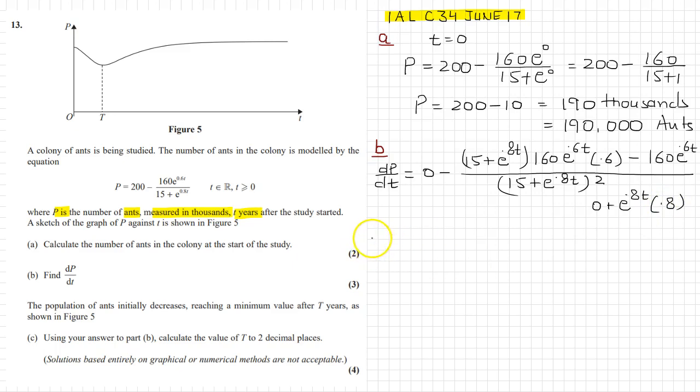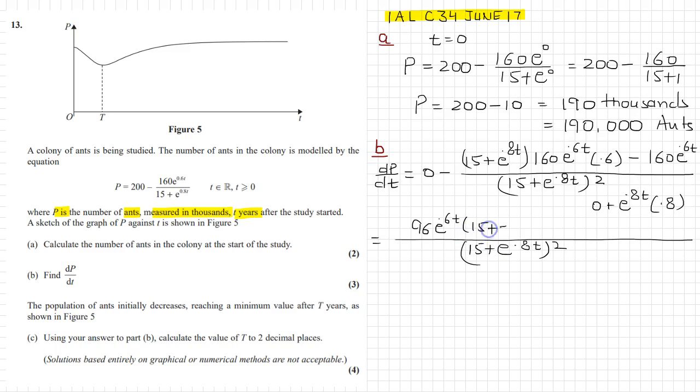So what we have here is, this is equal to 15 plus e to the power 0.8t square. This one is 160 multiplied by 0.6, that is 96 e to the power 0.6t,